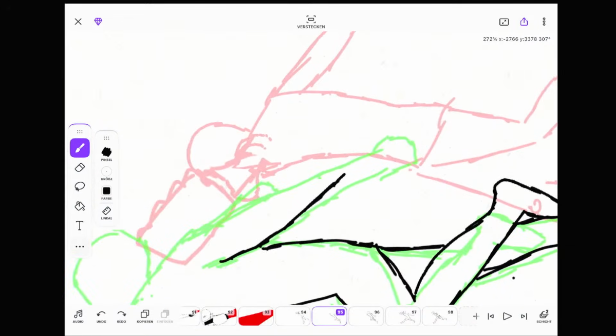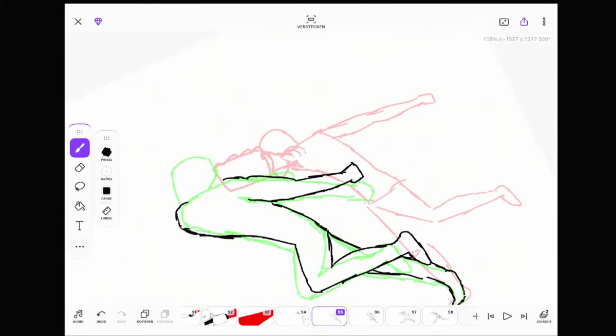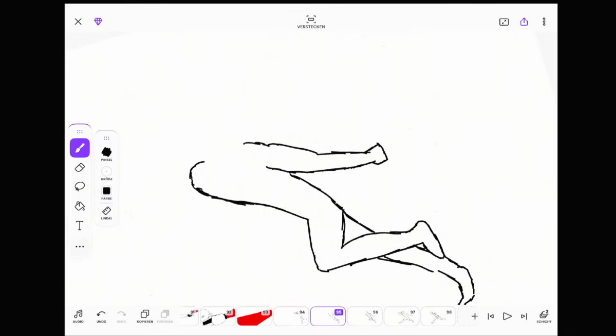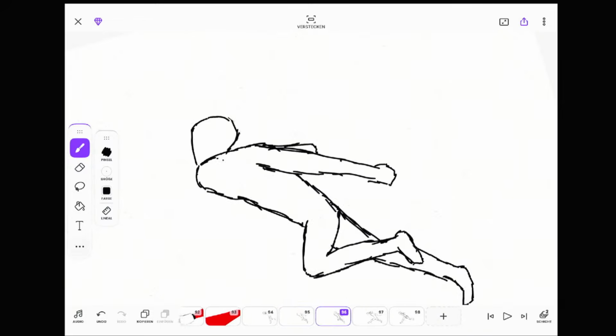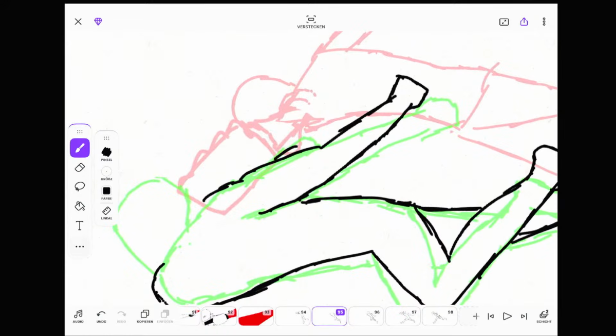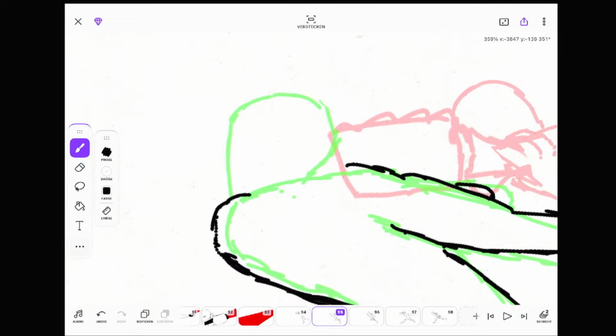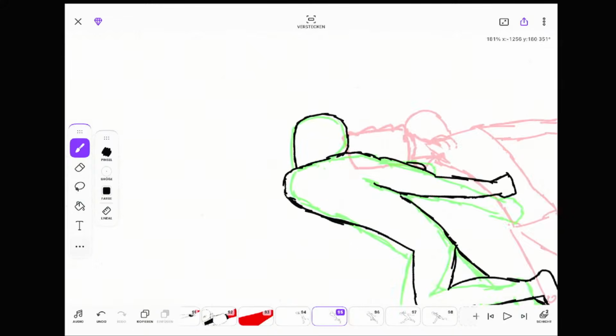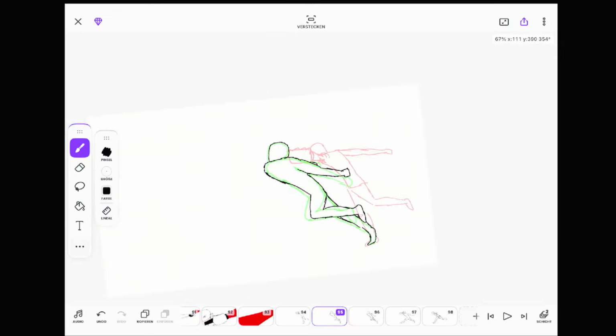And because I'm now drawing the in-between, it's just a little bit more in the back. Like that. It's a small movement where he moves his arm.